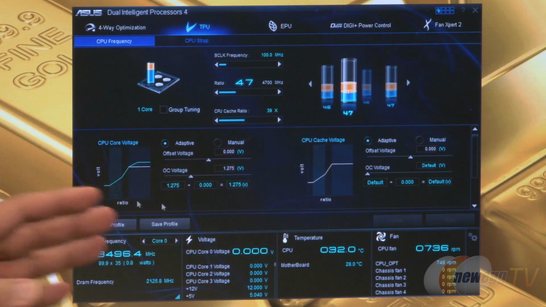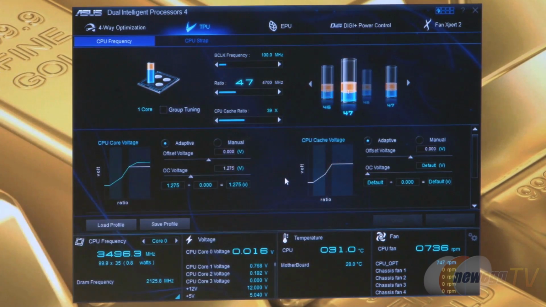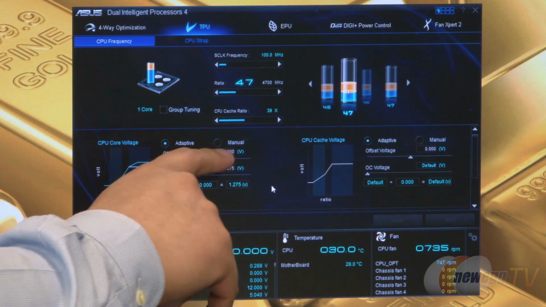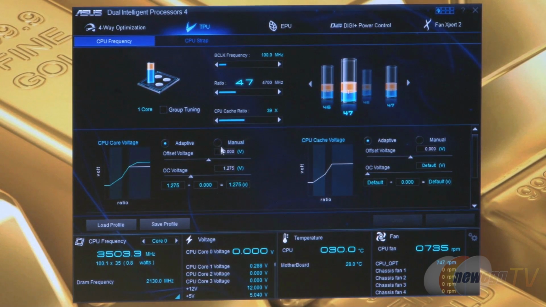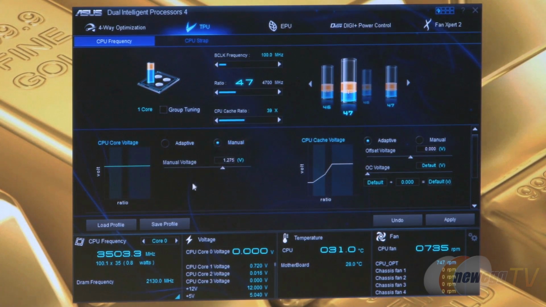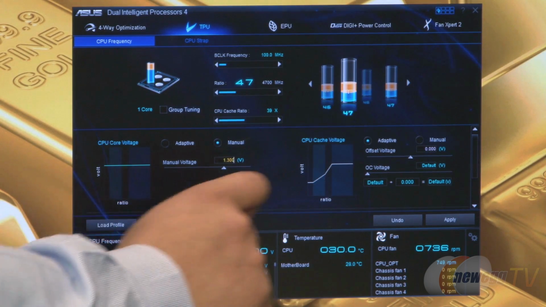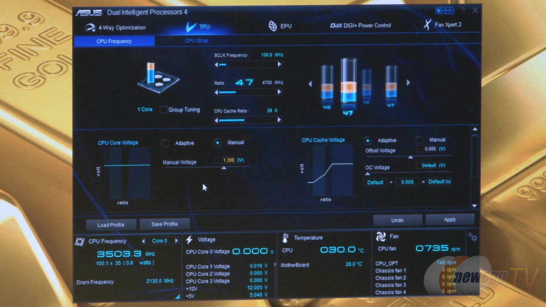Here you can see that we have the voltages corresponding to, of course, our adjustments for the primary CPU value. One really cool function that we've now introduced for AiSuite III is if you want to click into that little box. This little box? Yeah, you can set it to manual. And you can click into that box right there, and you can now see that I have direct key in. So I can key in whatever I want. So we now have manual entry built into AiSuite III. Previously, you only had the ability to use a slider to adjust your voltages. So this is now an even more intuitive and easy way to adjust and make